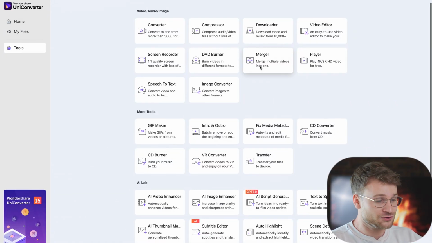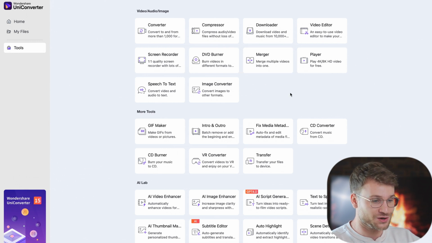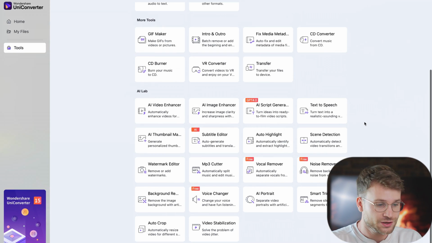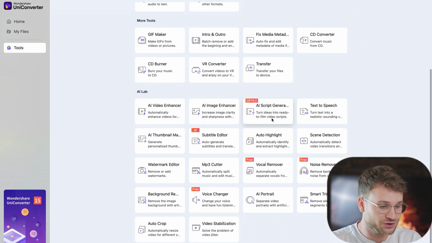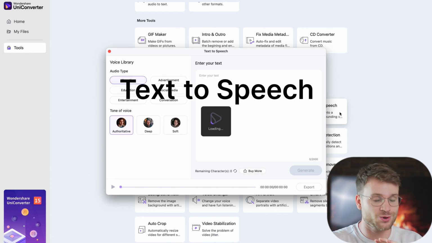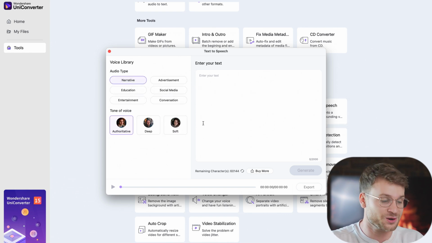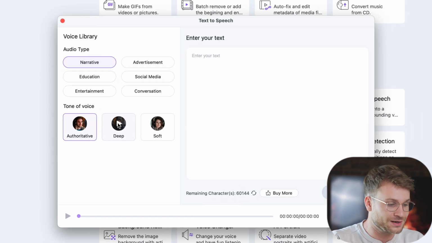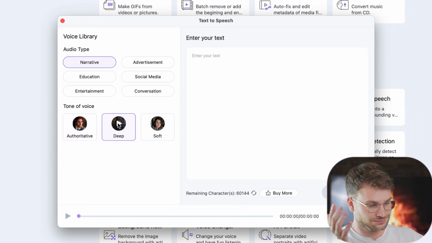Guys, if we just access Wondershare Uniconverter's open main page, this is what it looks like. You're going to have text-to-speech, AI script generator, smart trimmer, etc. Let's go and open text-to-speech, and I want to give you a brief demonstration of how incredible this sounds. If I click the little preview button here,